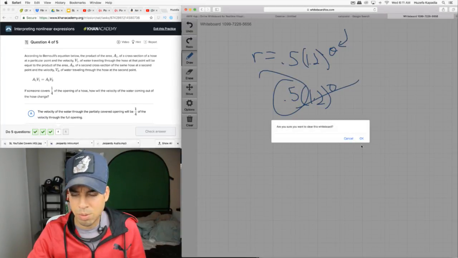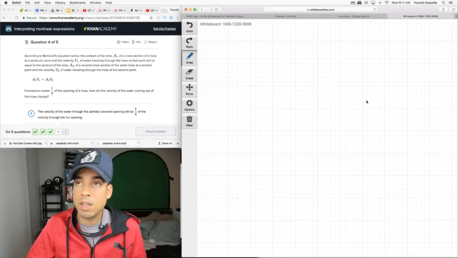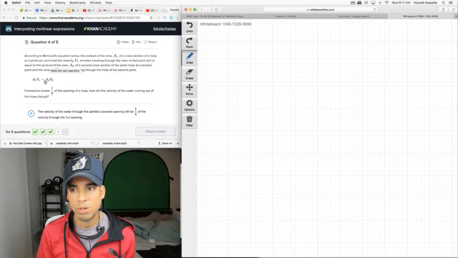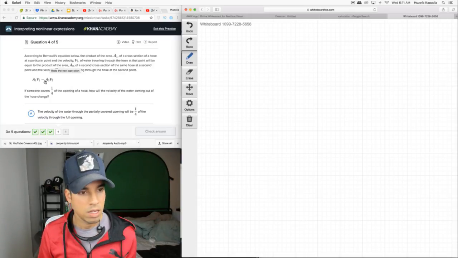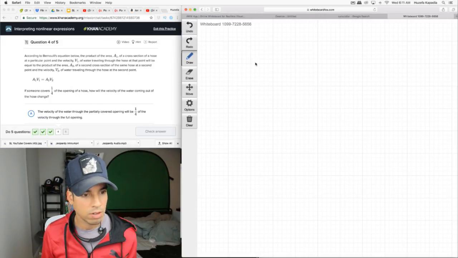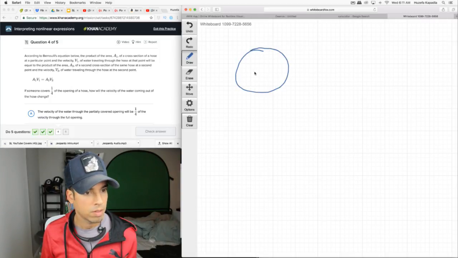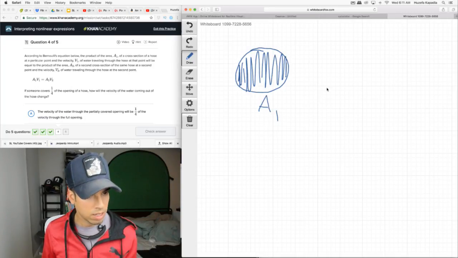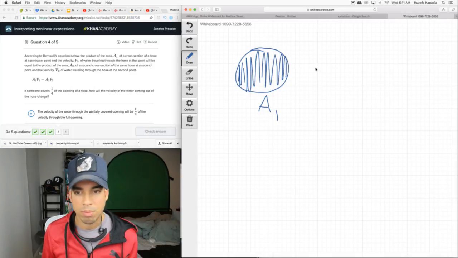All right. You can see these problems are hard. They're not that bad once you break down the language, but they can seem really hard and really confusing. According to Bernoulli's equation below, the product of the area A1 of the cross-section of a hose at a particular point, and the velocity of water traveling through the hose at that point, let's say this is our water, V1,